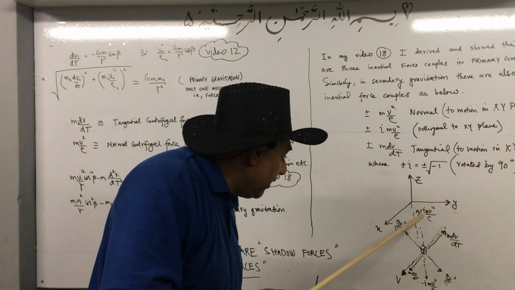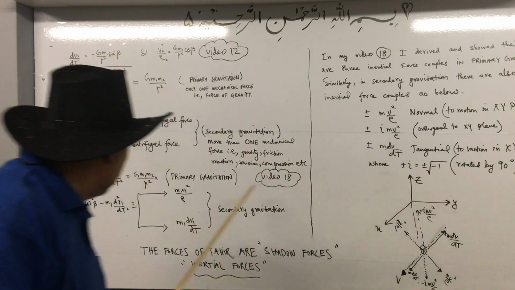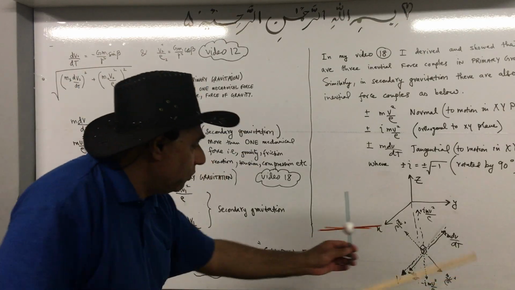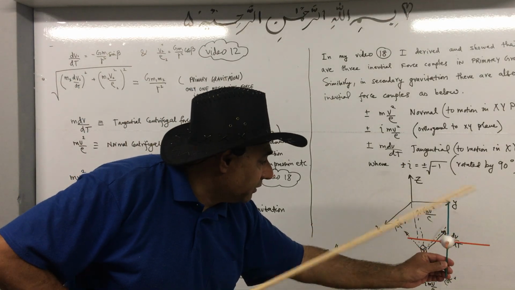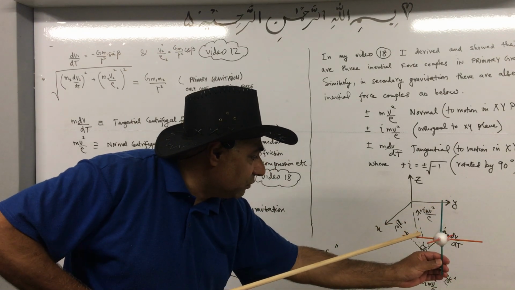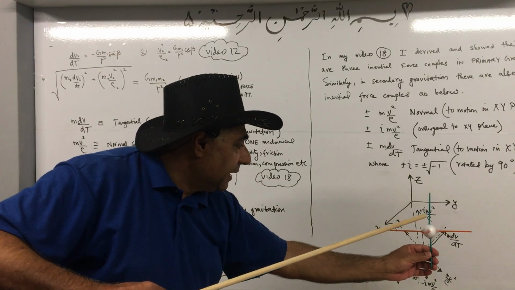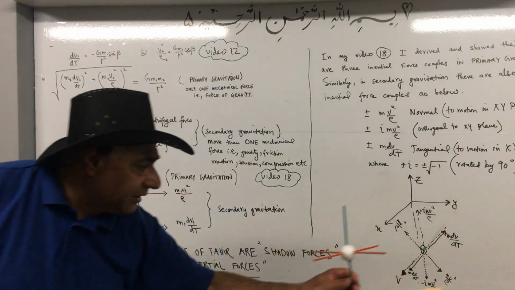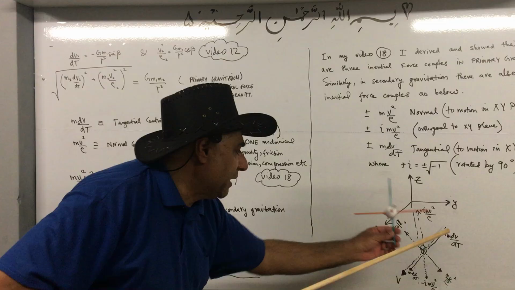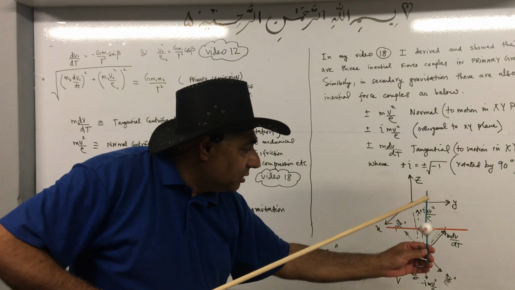One acting upward and one acting downward. So this one is m dv over dt, and this one is mv square over rho, this component. This one is the radial, towards the radius of curvature, and this one is the tangential, because it's moving like this. So this is the tangential, dmv, this might be different from this one, m dv over dt, and this